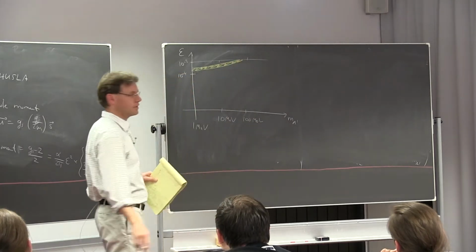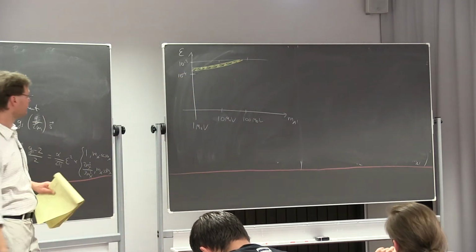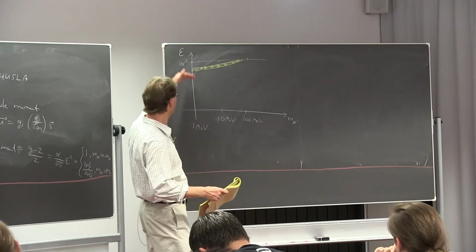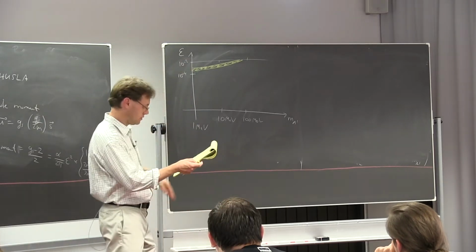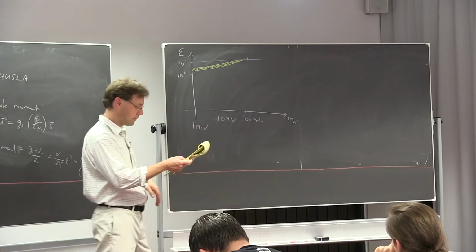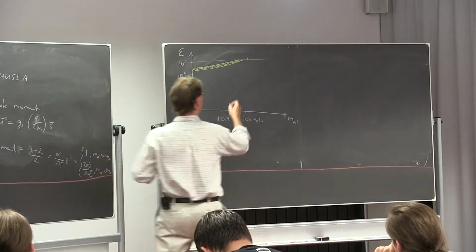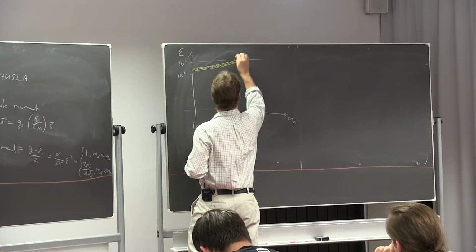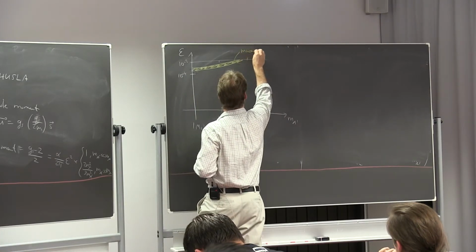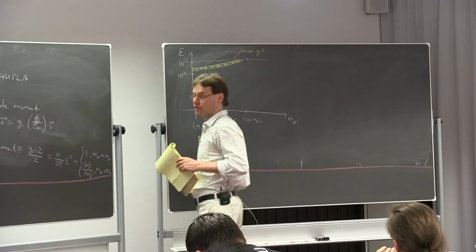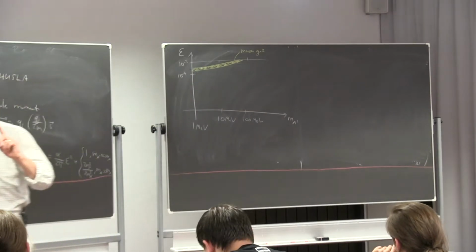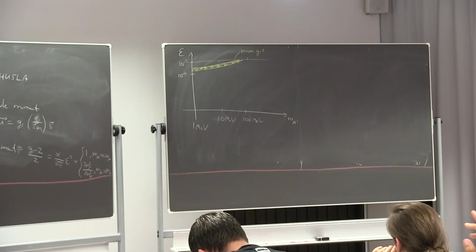So it was a pretty sharp prediction. Okay. So this is 1 MeV, that's an epsilon of 10 to the minus 3 on this axis here. And so this is the muon g minus 2 preferred region. Now at the same time, you can ask the same question about the g minus 2 of the